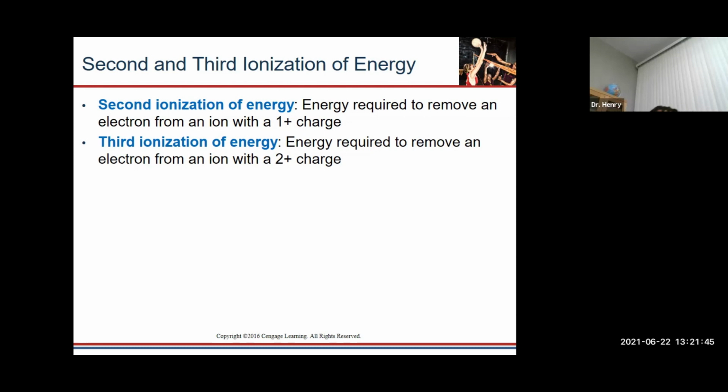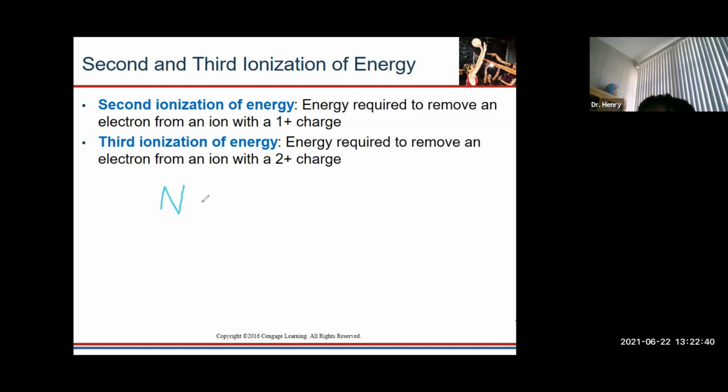Okay, back to this. Second ionization energy, again, is the energy that it takes to remove 1 more electron from something that you've already removed an electron from. So for instance, Na+. We've already removed that 1 electron from it. So if we have Na+,